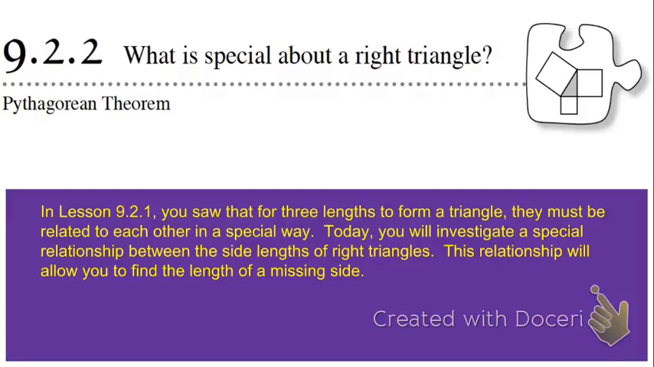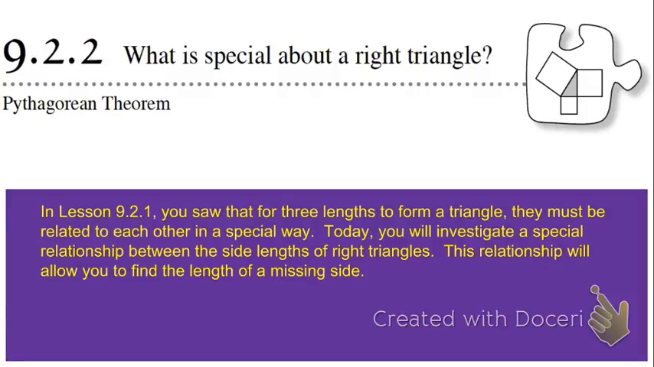Okay, we're going to start section 9.2.2 today. Make sure you've got paper and pencil right in front of you, and that you're answering things both on your paper and on the computer. Our essential question today is, what is so special about a right triangle? We're going to learn about the Pythagorean theorem today. Many of you are familiar with it. We're going to dive in deeper and connect it to some of the things we've already seen